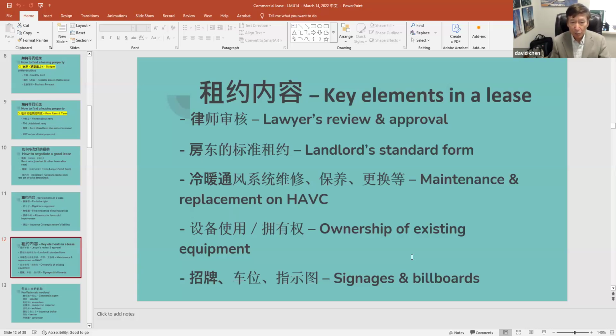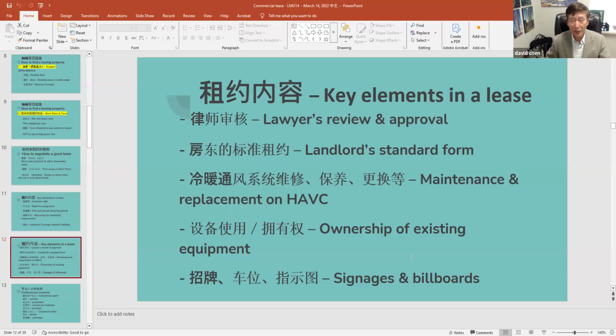Please remember that. Most important is that in many major commercial properties, let's say a commercial plaza or shopping mall, the landlord has their own standard lease. They call it the landlord's standard form. In that case, if you are a tenant agent, please remember to ask the listing agent whether the landlord's standard lease is ready. If sometimes the listing agent says, oh, David, the landlord has no standard lease, we go by the agreement to lease, then you can take it easy. If you have a landlord standard form, or they say after signing the agreement to lease the landlord will provide the standard lease,